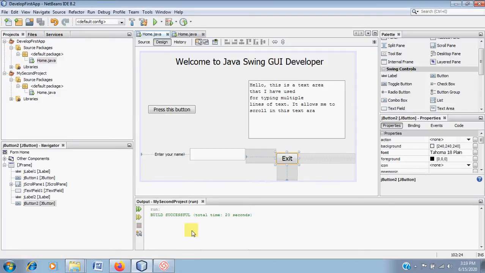Hi, today I'm going to show you how to use Java Swing to create a simple app. But in this video, I'll be covering only the components that can be used in Java Swing, and that too very few components can be shown in this video. So let's have a quick look at this.